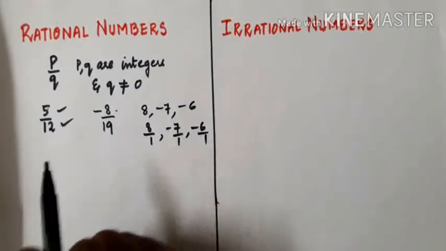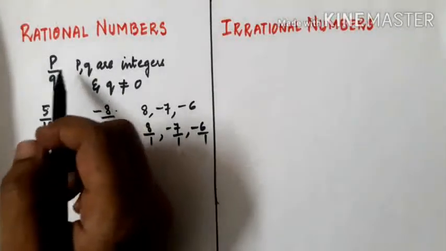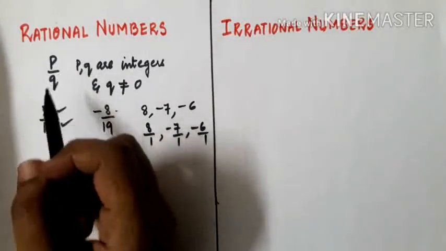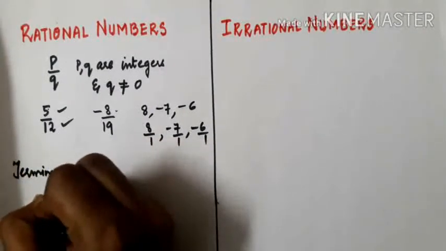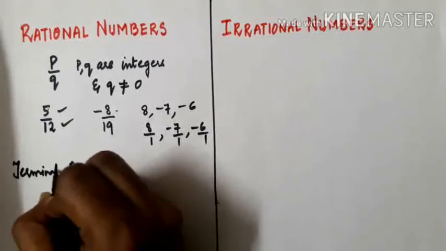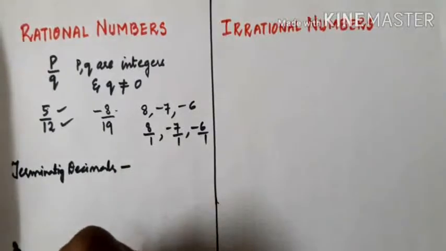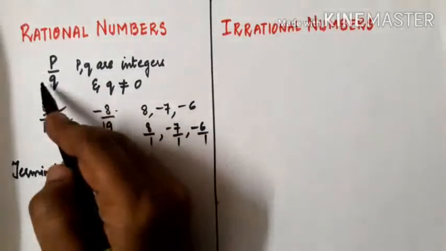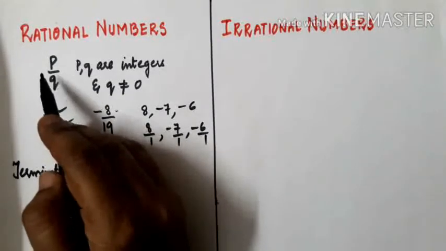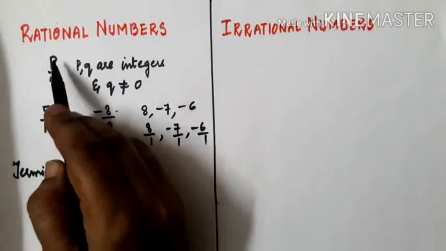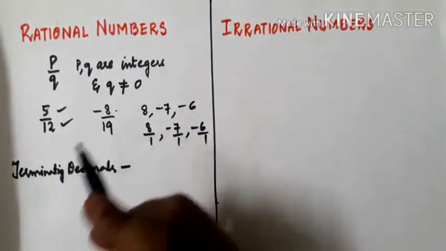Fine. So now you can express these rational numbers p upon q as terminating decimals or as recurring decimals. Okay, so what are terminating decimals? You have already seen this. In order to express a fraction, this p by q form, in decimal form, we divide p by q. After a finite number of steps, if no remainder is left, then we call it a terminating decimal.